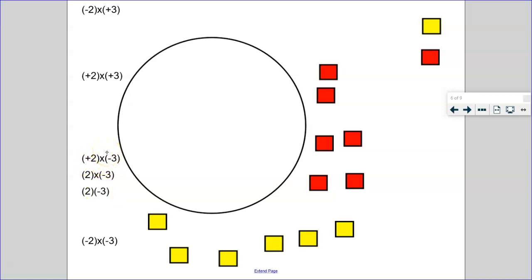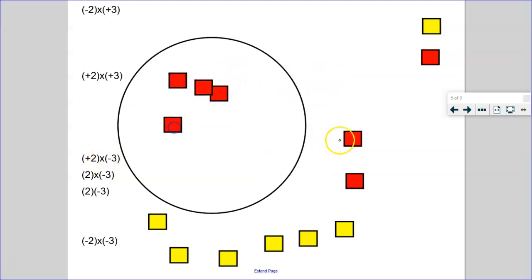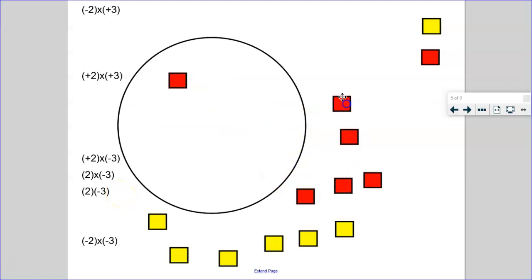All right, so let's do that. 2 sets of 3 red tiles. And I'm going to look at our answer, and that's all we have to do. Negative 6 will be the answer. And then the last one, it shows us